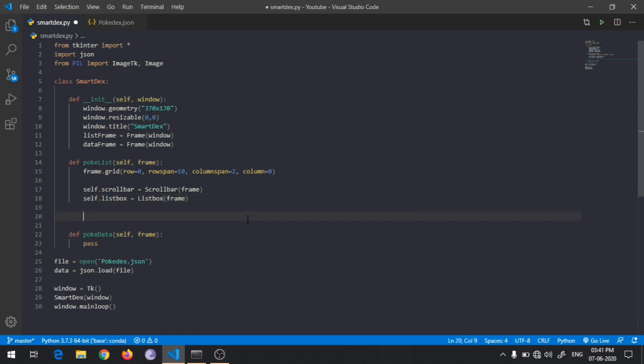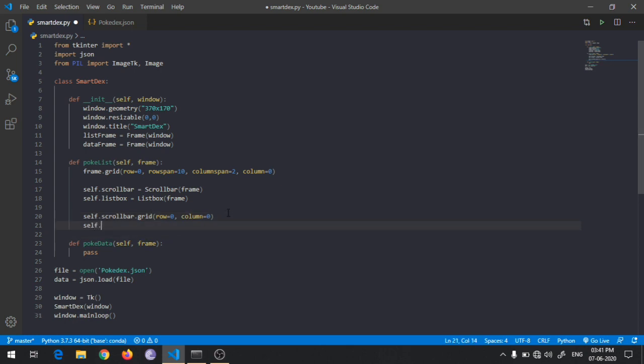So I will go ahead and use grid on that. So it will be placed with grid. So row will be 0, column will be 0, for the list box.